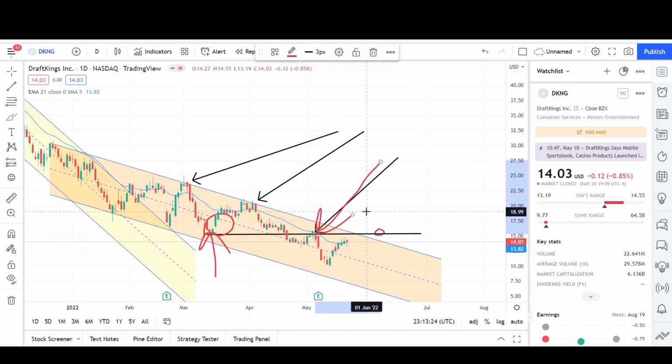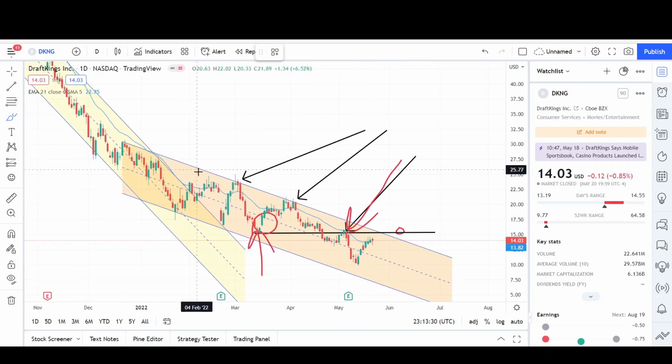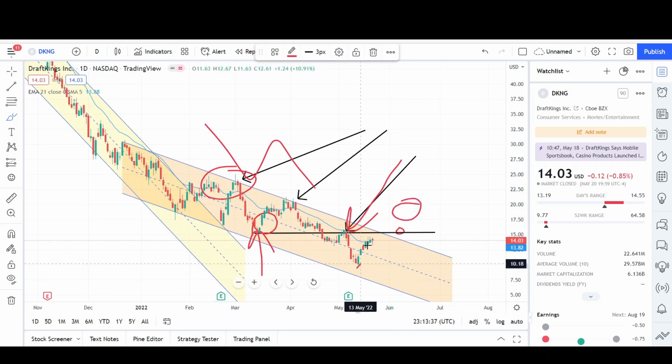Even if we break this orange pattern, we could still make a few legs down to a new low, just like we did for the yellow pattern. We still had a break of it, but we still continued lower. So even if we do get a break of this orange pattern, maybe back all the way up here, there's still a possibility, or a strong one, to continue lower. So I doubt that this was the bottom at the